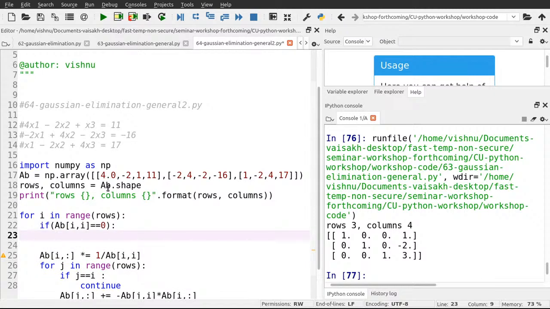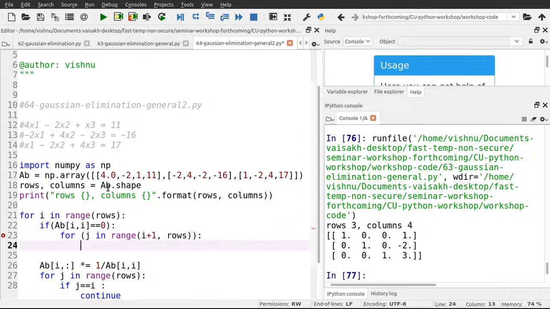So what should we do? For J in range. We need to check this carefully, because it can happen that at no row we get a non-zero element. That's also possible. J in range from the next row onwards, I plus 1 to the number of rows. So we are checking for a non-zero element. If